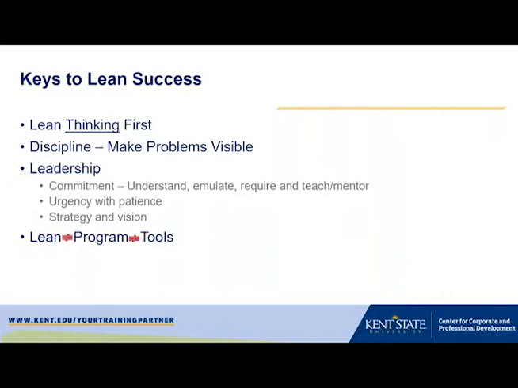urgency with it. Because if you make problems visible, and if you're operating in the right way, and you're trying to service the customer immediately, there's urgency there. At the same time, you have to have enough patience and discipline to address the problems in an efficient and effective way so that you truly fix the problems and not just symptoms of the problems. All of that also requires leadership to have a strategy and a vision for how they're going to go about starting the lean journey and continuing on the lean journey.